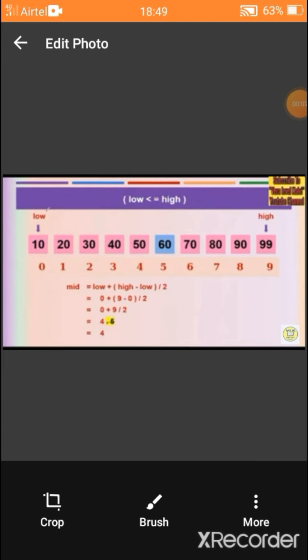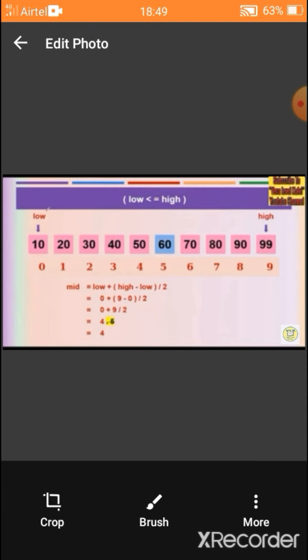Remember the definition of binary search. Binary search is also known as half interval search because we have to separate into two parts and find the middle value of the list. How does a list look? They are in a sorted array, in ascending order. Just look at the values 10, 20, 30, 40. These are in ascending order. So we can easily find the middle value in a list.